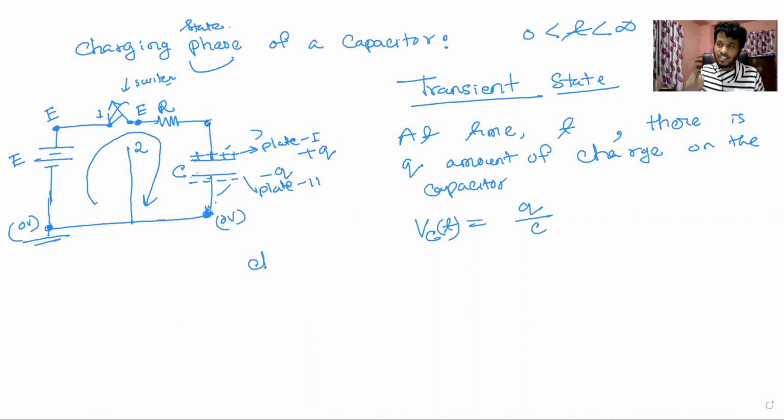Fine. So what would be the potential at this point now? At time t, what is t here? T is some time between initial state and steady state. Okay, fine. At time t, the potential difference across this capacitor is what? Q by C. And the potential at this point is what? 0 volt. Fine. Then what will be the potential at this point? Sir, Q by C, or Vc. We have already seen how to calculate the potential at this point when we discussed the nodal analysis method, isn't it? Yes, sir. Fine.